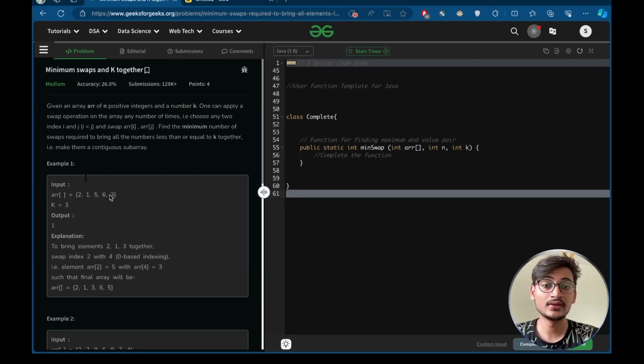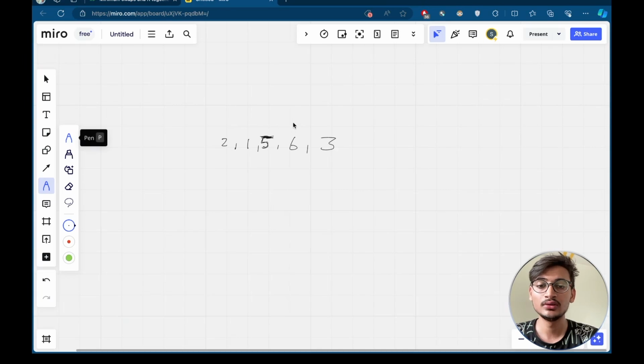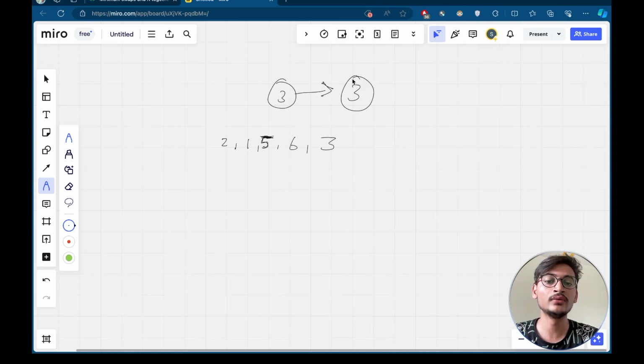So let's first discuss how we can solve this problem using the brute force method. This is our array. In the brute force method, we will first count the total number of elements which are less than or equal to k, which is 3 in this first example. Now we will take the length of a subarray to be 3. Now we will count all the possible subarrays in this array,